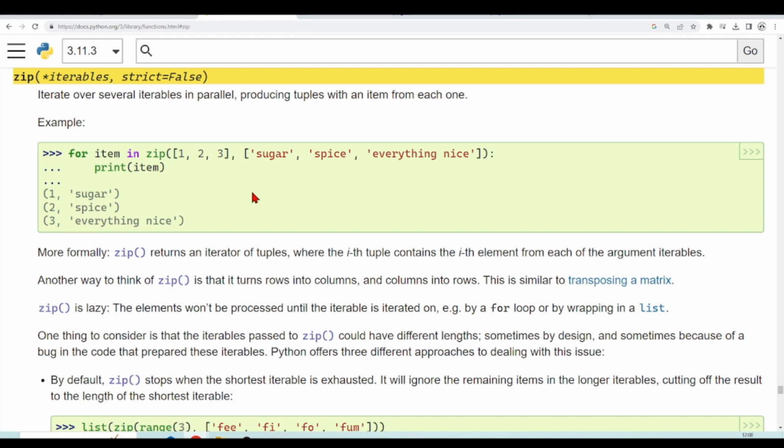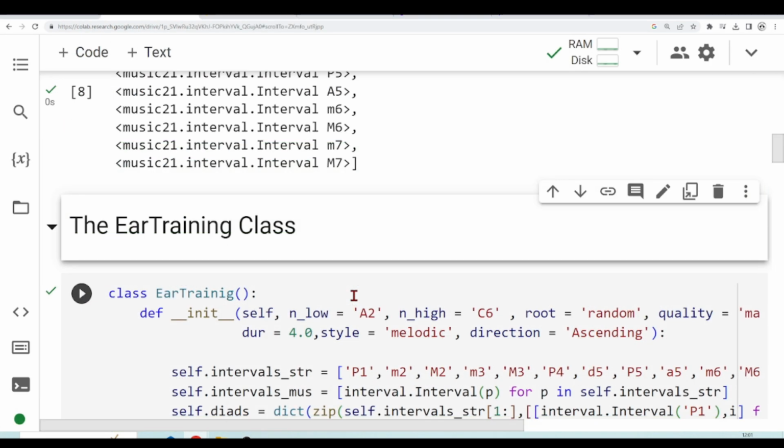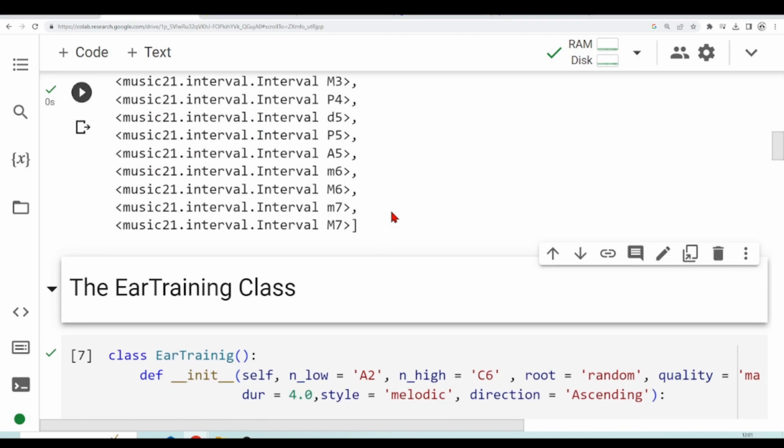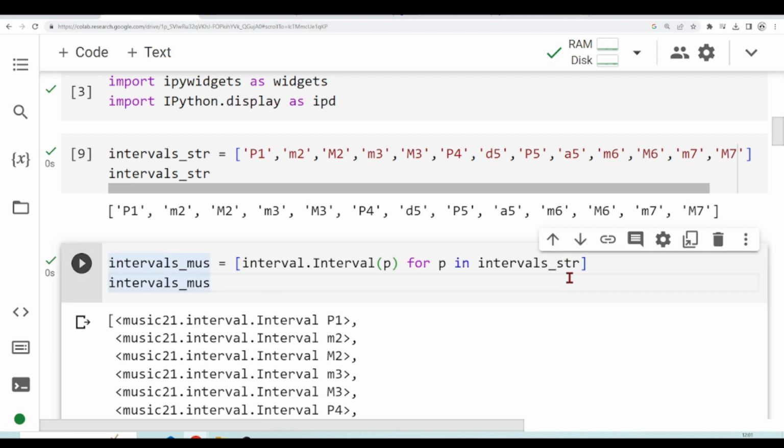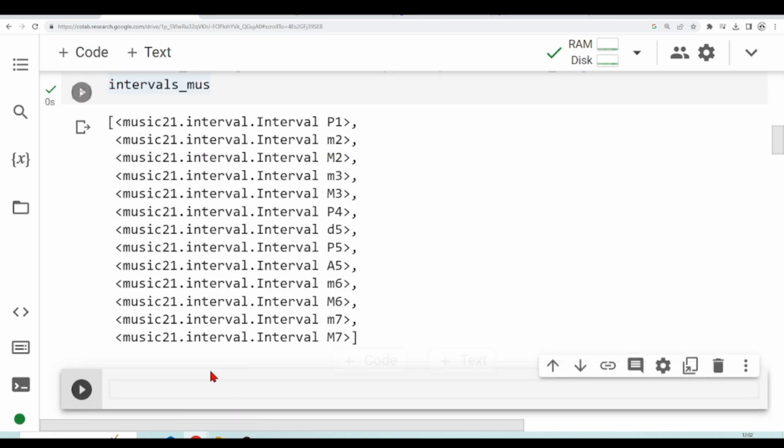As I mentioned before, zip returns an iterator of tuples where the ith tuple contains the ith element from each of the argument iterables. As usual, let's make an example. So here we have this list of strings. Here we have this list of musical intervals. And if I do the for item in zip